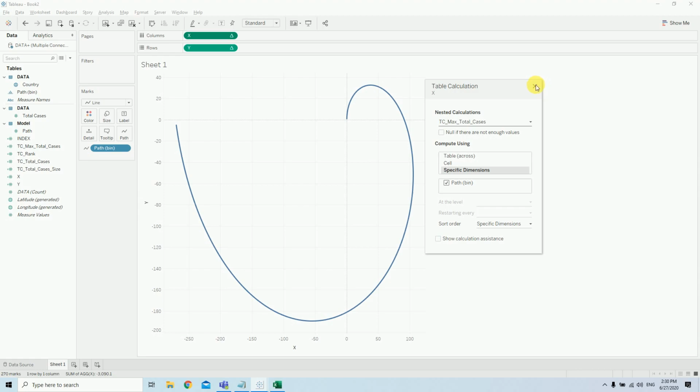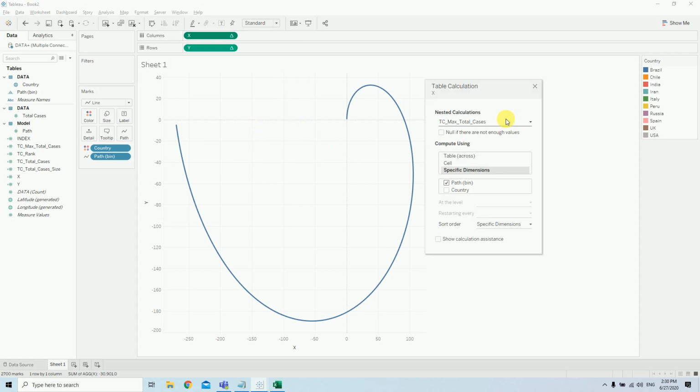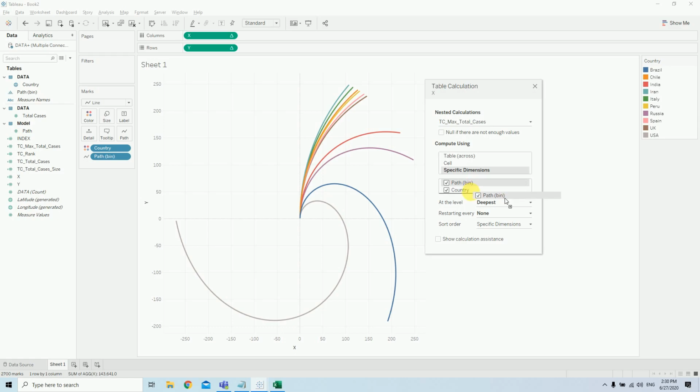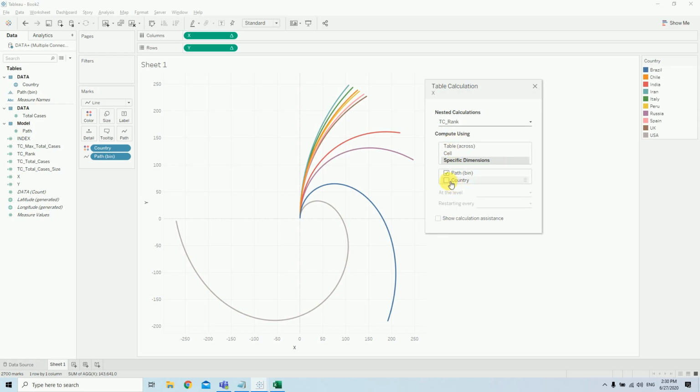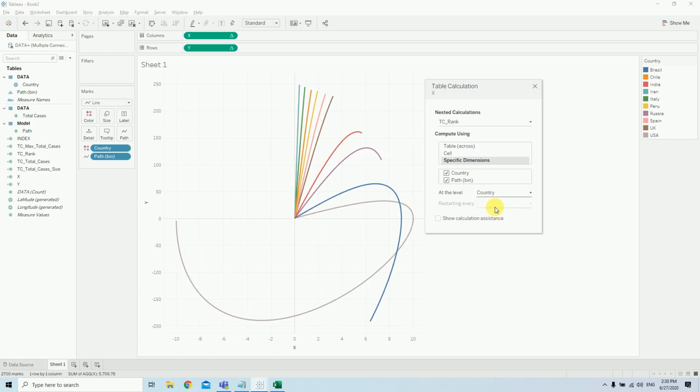Sorry, one more thing before you go to this: just drag the country into the color shelf. So we have the countries. Now right click, go to edit table calculation, select table calculation max total cases, and make sure you check the country and bring the country onto the top. Then go to the rank function, table calculated rank. Here also you need to check, bring this up and select the level equal to country,